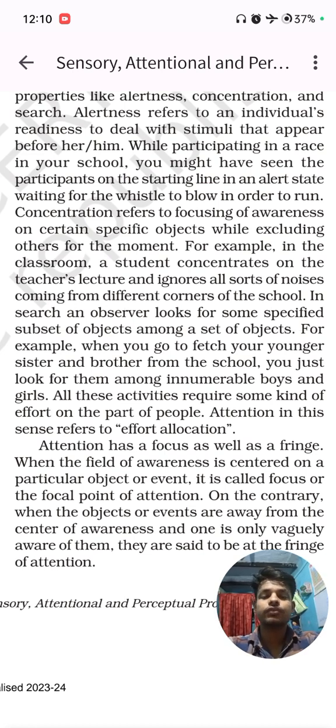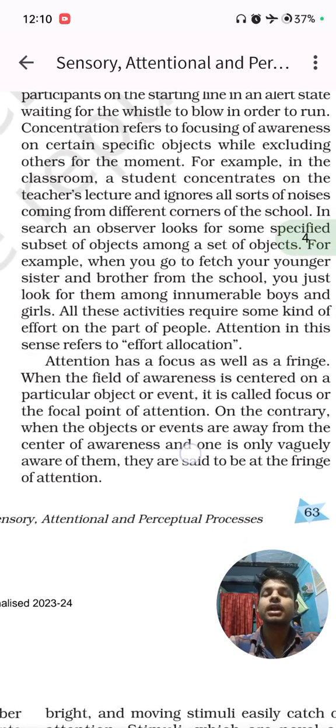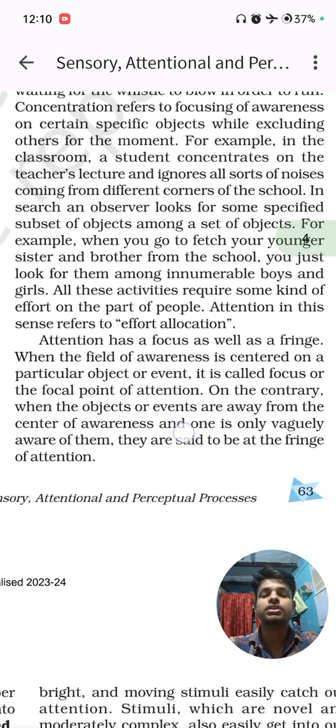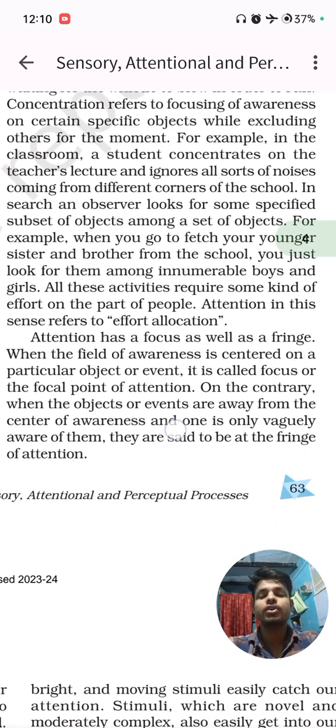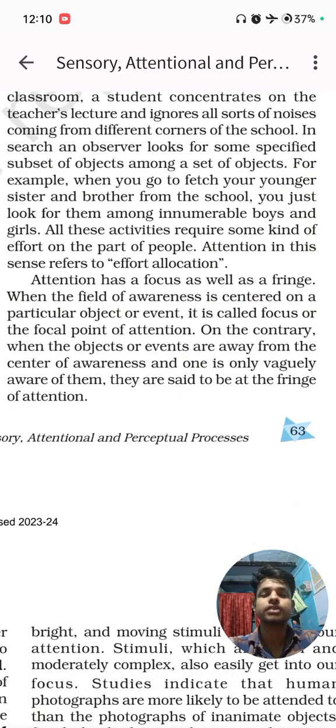Concentration refers to focusing of awareness on certain specific objects while excluding others for a moment. For example, in the classroom, a student concentrates on the teacher's lecture and ignores all sorts of noises coming from different corners of the school. In search, the observer looks for a specified subset of objects. For example, when you go to fetch your younger sister and brother from school, you are looking for them among